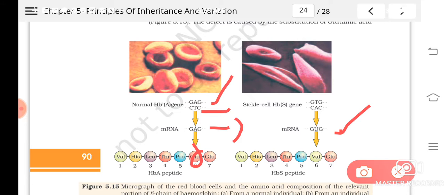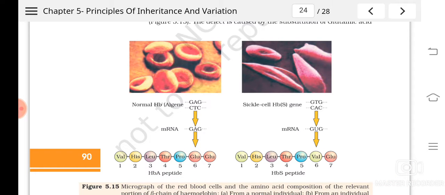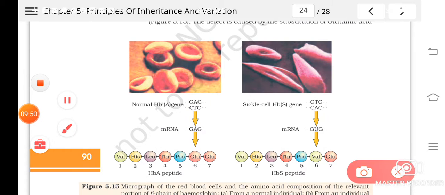we have studied that there are many amino acids, they join to form the polypeptide chain, isn't it? So listen here, instead of glutamine, what will be added? Valine will be added. Understood? Valine is also another amino acid, but if valine is added instead of glutamine, the RBCs in low oxygen concentration will become sickle shaped. Understood? And this will be the problem. That person will have a problem in carrying oxygen.